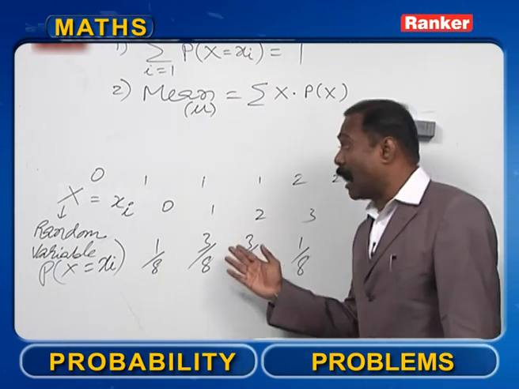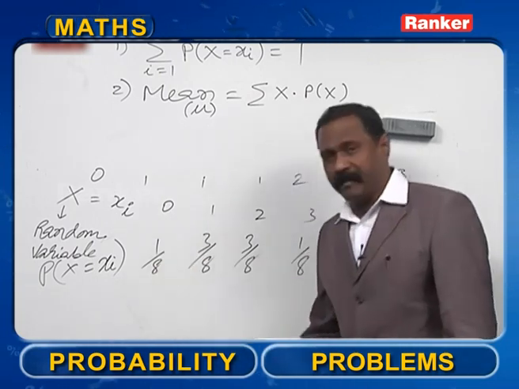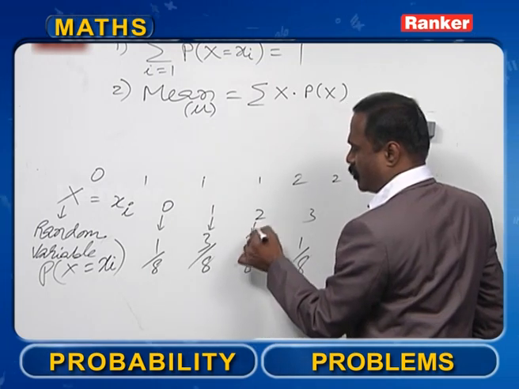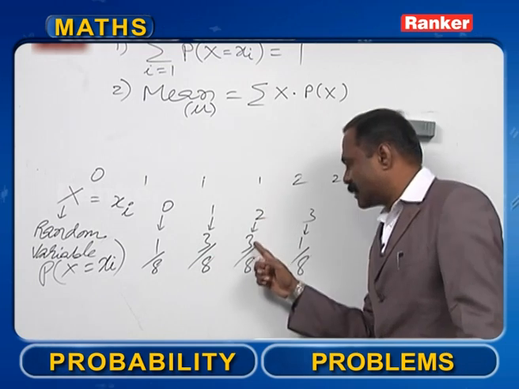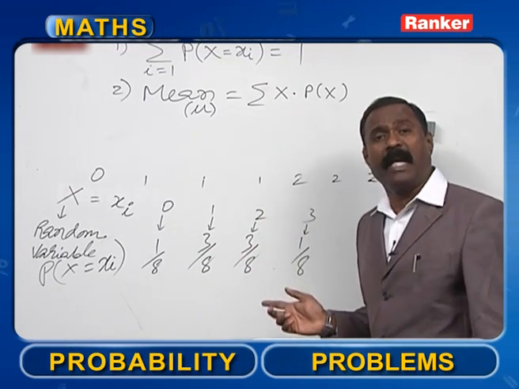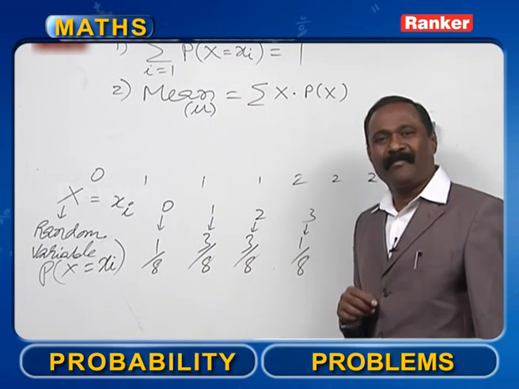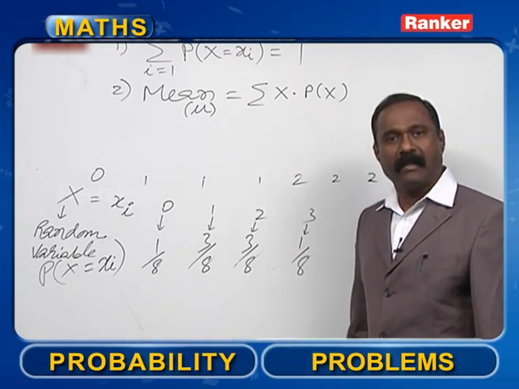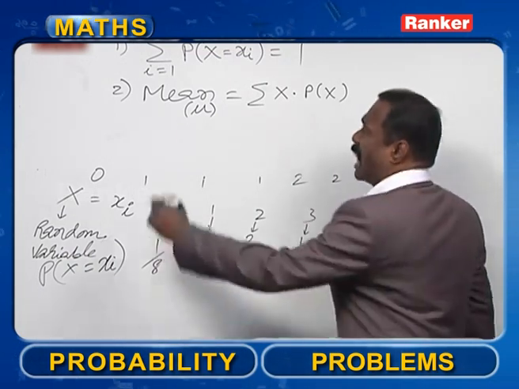What is the mean here now? This is 0 into 1 by 8. Multiply this, multiply this. 0, 3, plus 6, 9, plus 3, 12. 12 upon 8 is nothing but 3 by 2. So, in this case, mean is nothing but 3 by 2. Understand that? So, mean is denoted by mu in this case. Now, third one